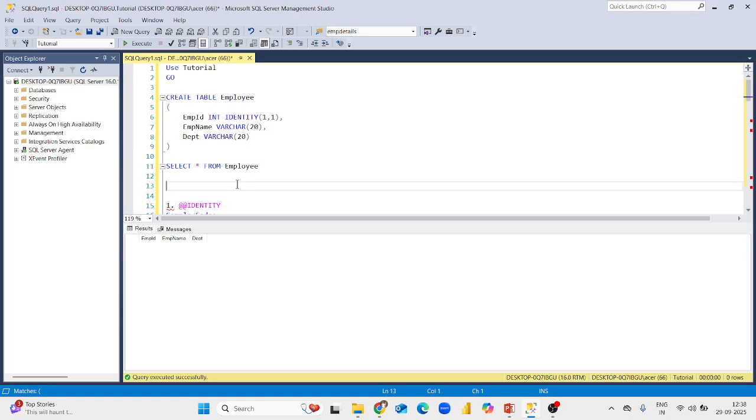Okay, let's insert some sample data. We know the syntax: insert into Employees, and then we insert the employee name and department. As the employee ID column is an identity, we are not supposed to provide values for it. If we provide the values, it will throw an error saying cannot insert explicit values into an identity column. So let me insert 2 records here, employee 1,